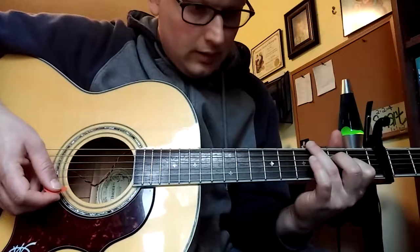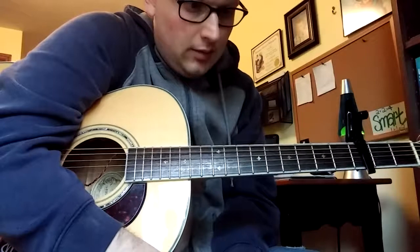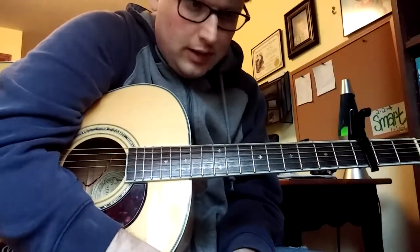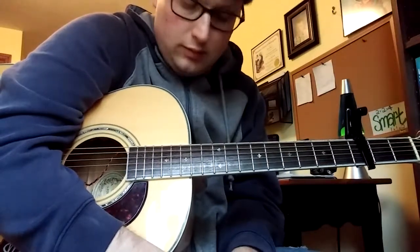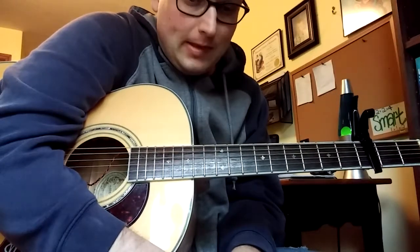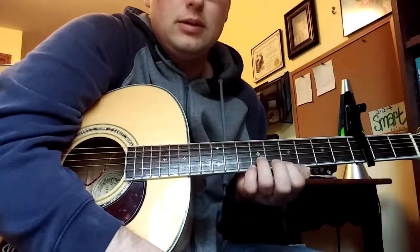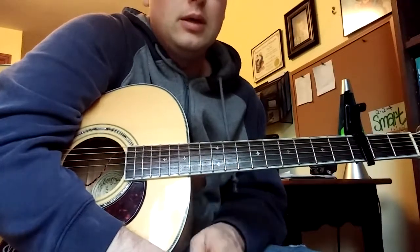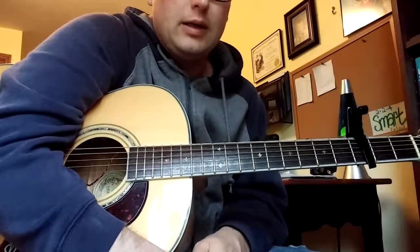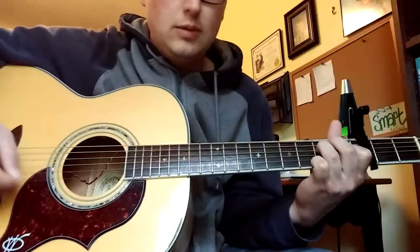And then the thing that was sort of weird about verse 2 was it's G to an A minor 7th with a G in the bass, and then back to a G. There's no G no 3rd thing going on, apparently. If you have a keyboard player that goes da da da da, then they can cover that. If you don't, your option is what you kind of did in the beginning with the